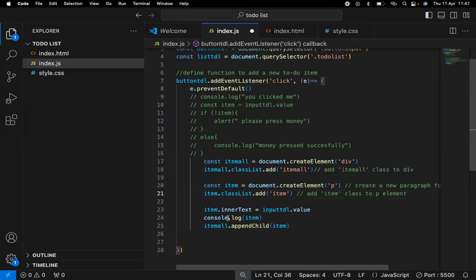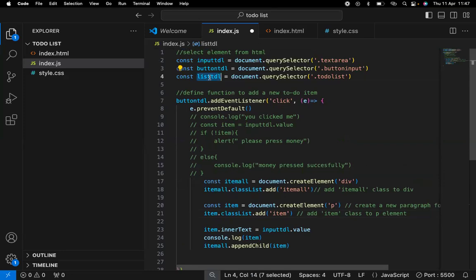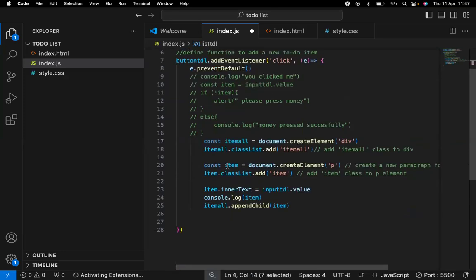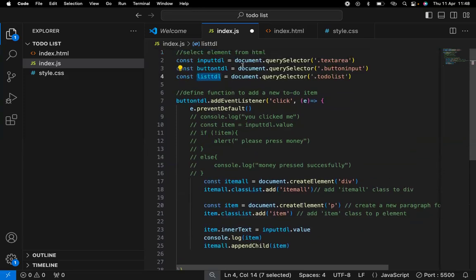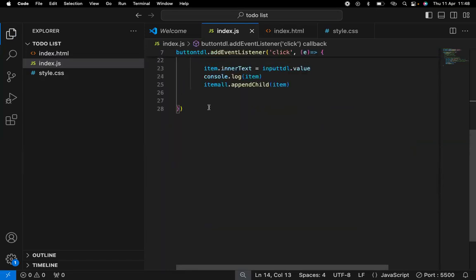Oh, sorry. I forgot to actually add this. So now it's actually not sending anything anywhere. I have not targeted the to-do list. So what I need to actually do to make it display, all I need to do is